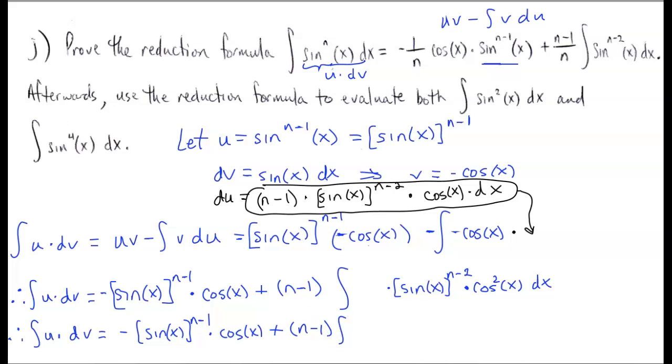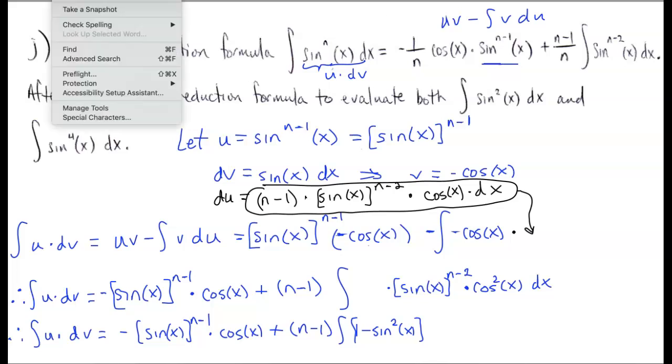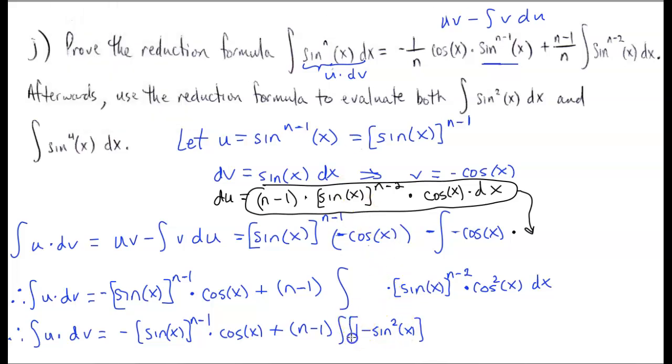Integral, and instead of writing cosine squared, we're going to write 1 minus sine squared. And we'll multiply that times sine of x raised to the n minus 2 dx. Okay. All right, so now